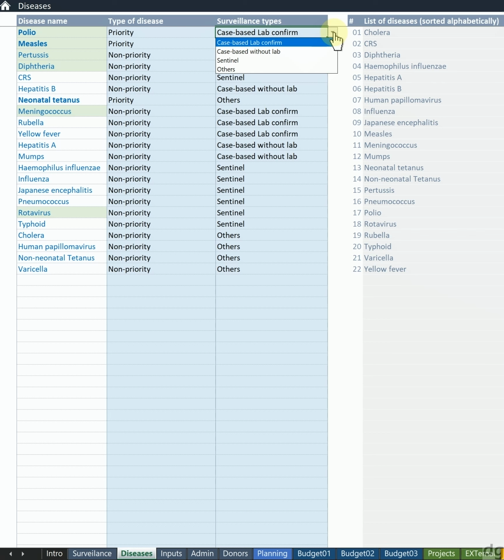That's why we expect this won't change frequently. Priority or non-priority status can change, but not the surveillance types. Although this might be the case when a country introduces advanced standards or moves from one to another point, there can be methods can change. And last point here is that